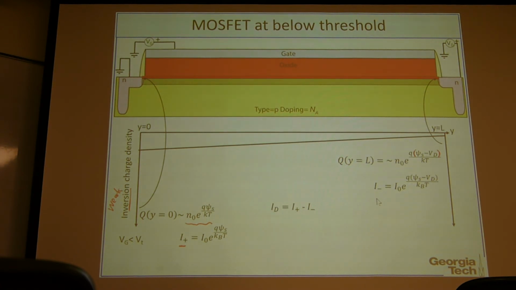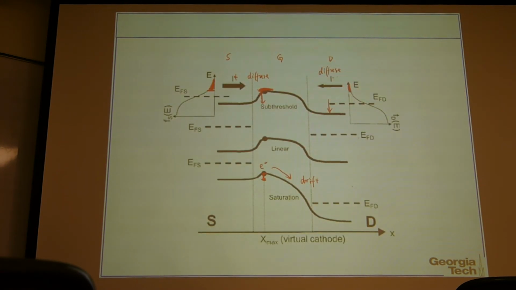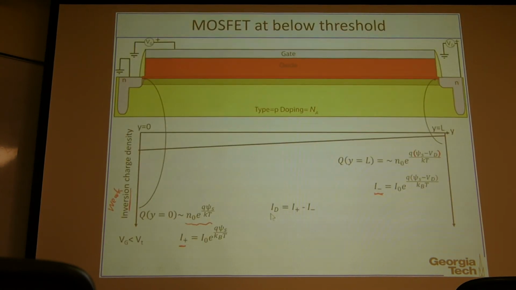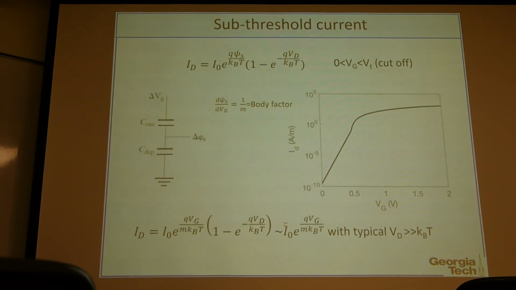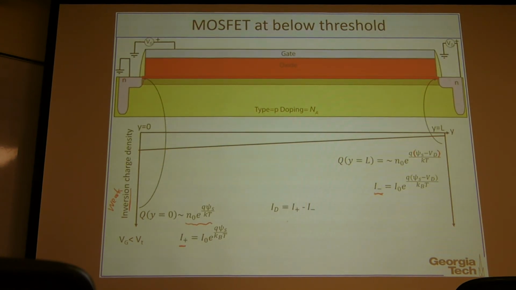So you have the I left. Here we use I minus to represent the current to the left. So you have the current to the right, current to the left. Both of them are diffusion currents. Then the total drain current is the net current of those two. So it will be this I0 exponential q phi s over kT, minus